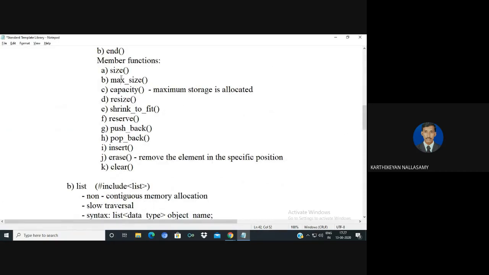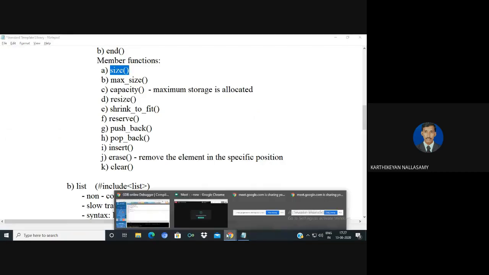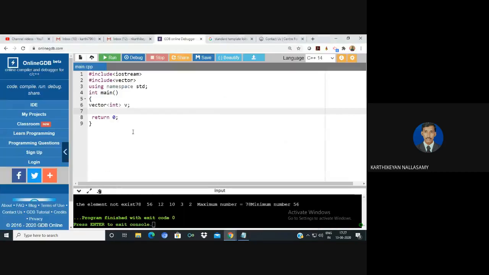One is size. Size returns the size of your vector. For example, I'm going to display the size of the vector: v dot size. These are member functions, so we need to invoke them using the object. So, size of the vector. Initially no memory will be allocated for the vector.